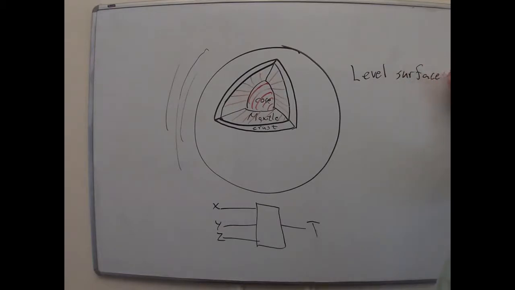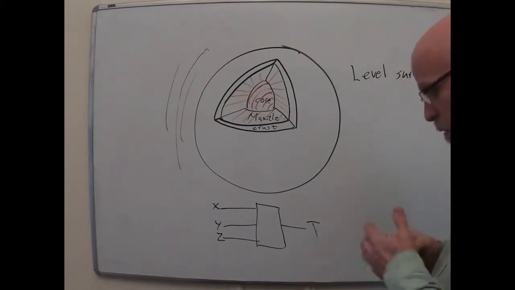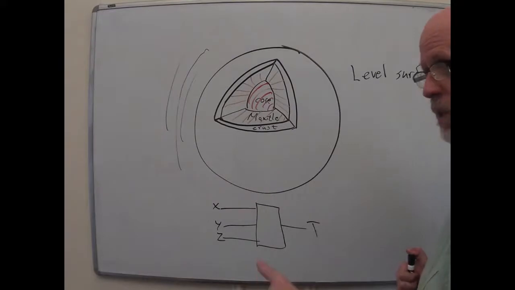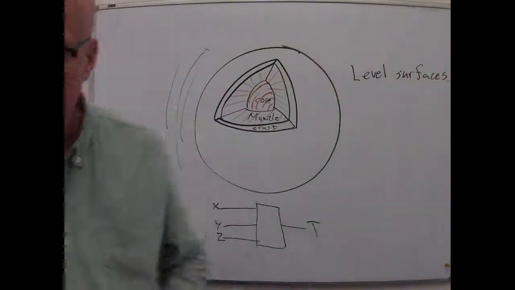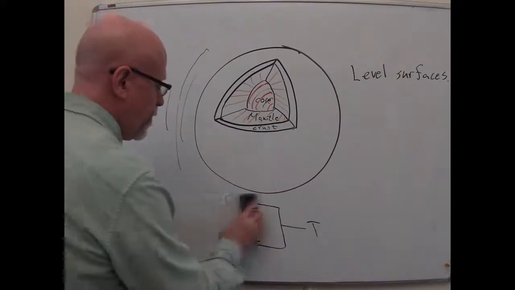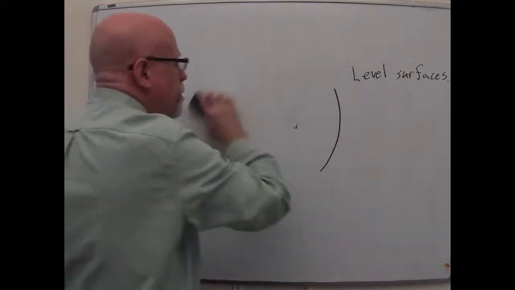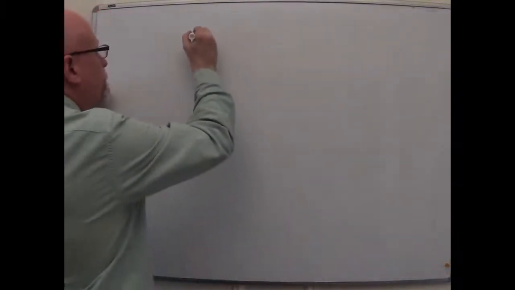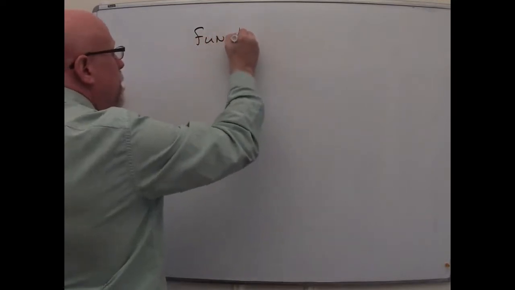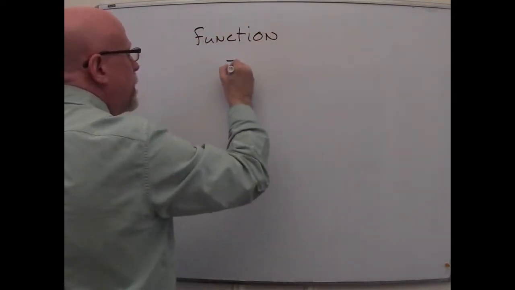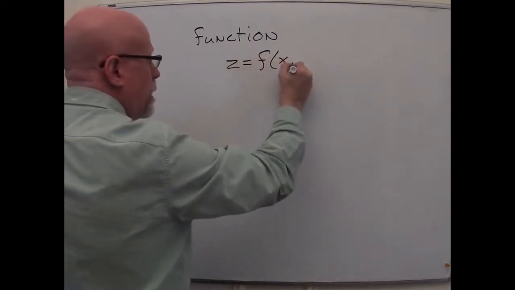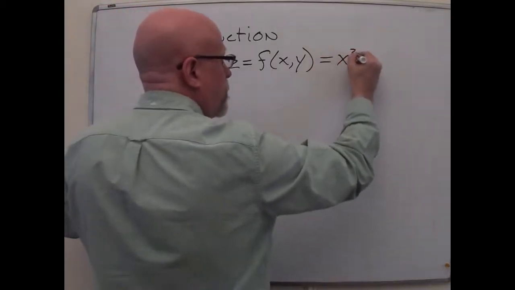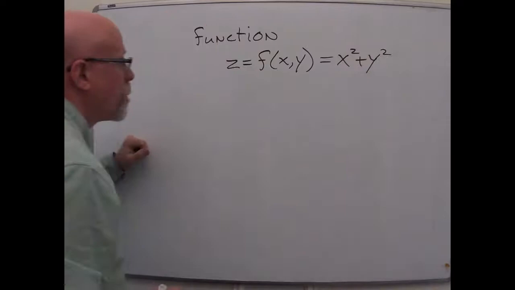And finally, I want to make a connection between these level surfaces and level curves and the functional approach and then the implicit approach to graphing things. So bear with me. We'll back up to 2D for a second. I might think about a function z equals a function of x and y, say. For instance, particularly x squared plus y squared, just to make it concrete. And the graph